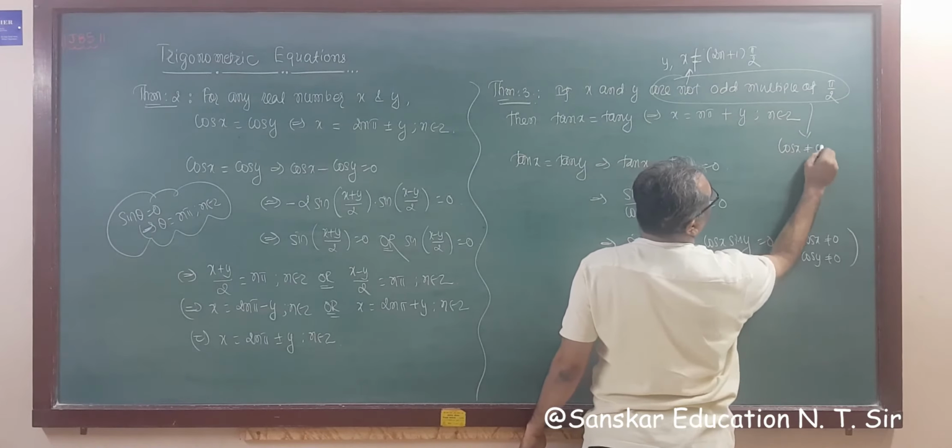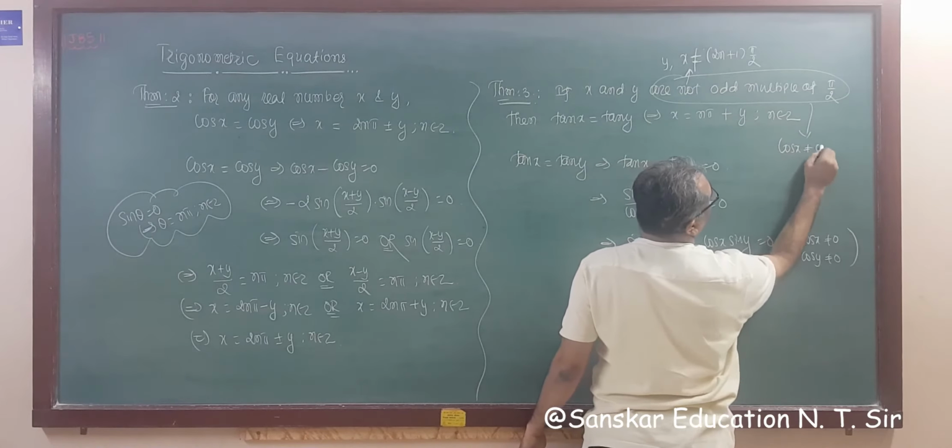So general solution of sin x is x is equal to n pi plus minus 1 raised to n into y, n belongs to Z. For cos, x is equal to twice n pi plus or minus y, n belongs to Z, and for tan, x is equal to n pi plus y, n belongs to Z. Those are the solutions we learned previously, right? Before this example, we did three theorems, theorem 1, 2, and 3.